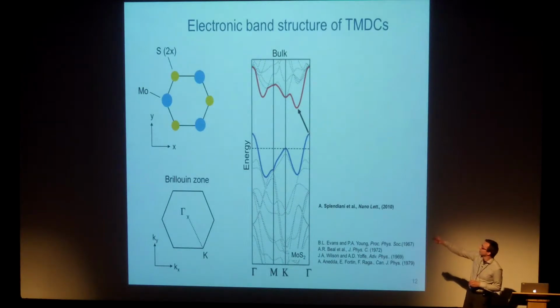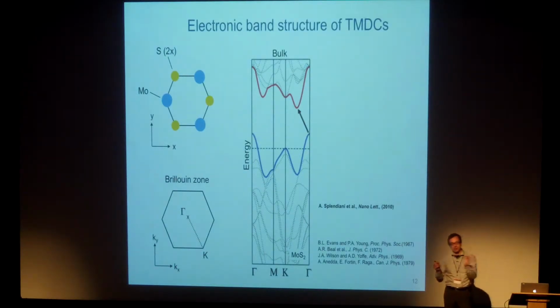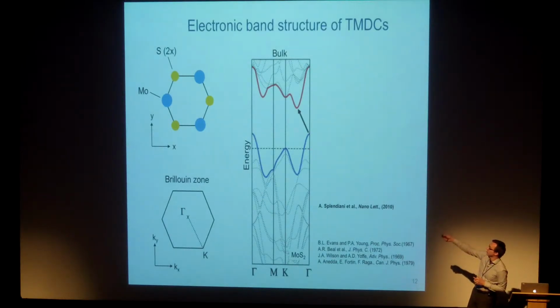And if we look at the band structure, we see it's a semiconductor, so there is obviously a gap between the valence and conduction band, but it's also an indirect one, which means that the maximum of the valence band and the minimum of the conduction band are displaced in momentum space. And for the optics, it means this transition basically cannot be accessed with one photon because of the lack of